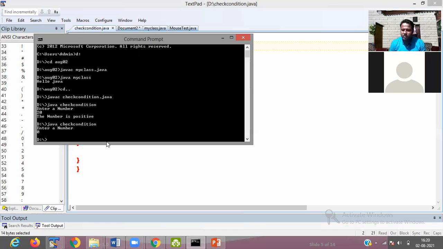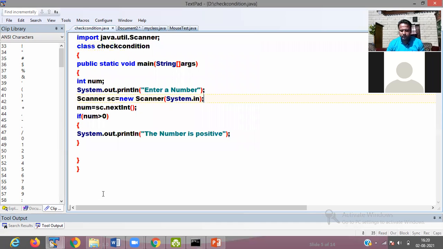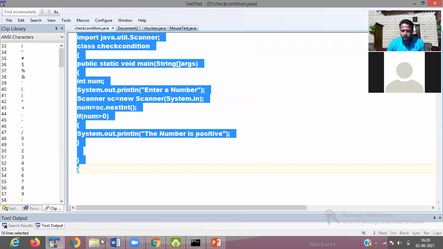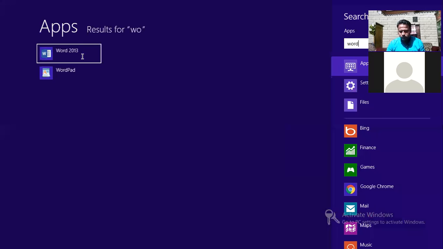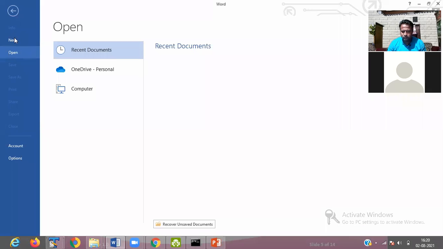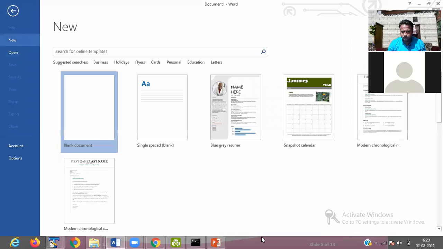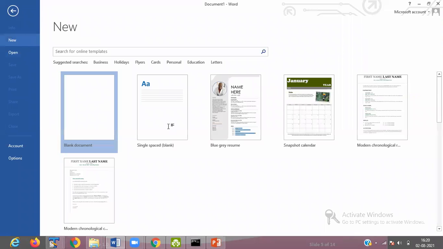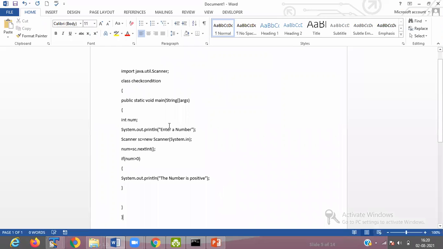If your condition is false, then no statement is executed. Okay, so now I go for the next example.